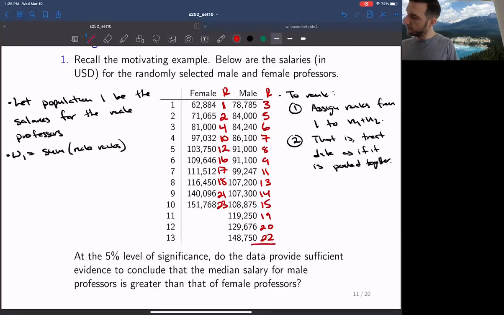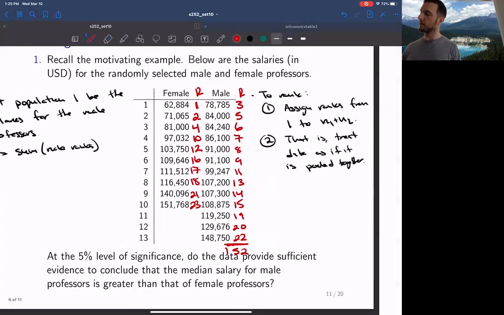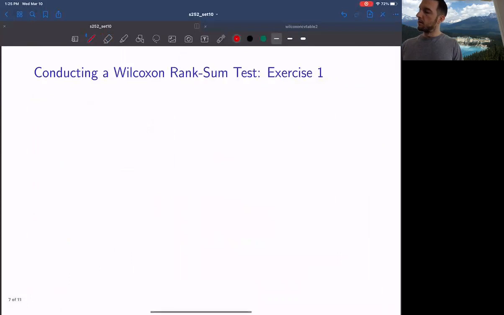All right, so the sum of the ranks here is going to be 152. So that's actually going to be the test statistic for our hypothesis test. Since we declared the males to be population 1, that's going to be W1 for the corresponding test. Okay, so in running the test,